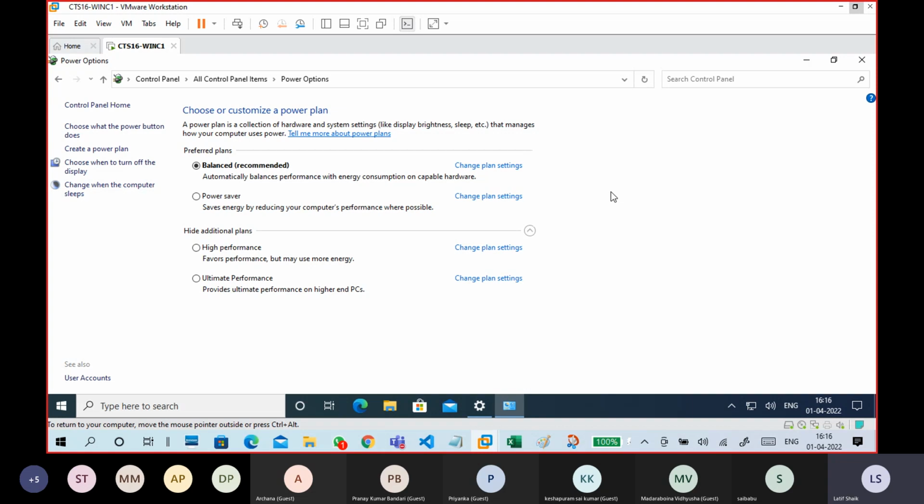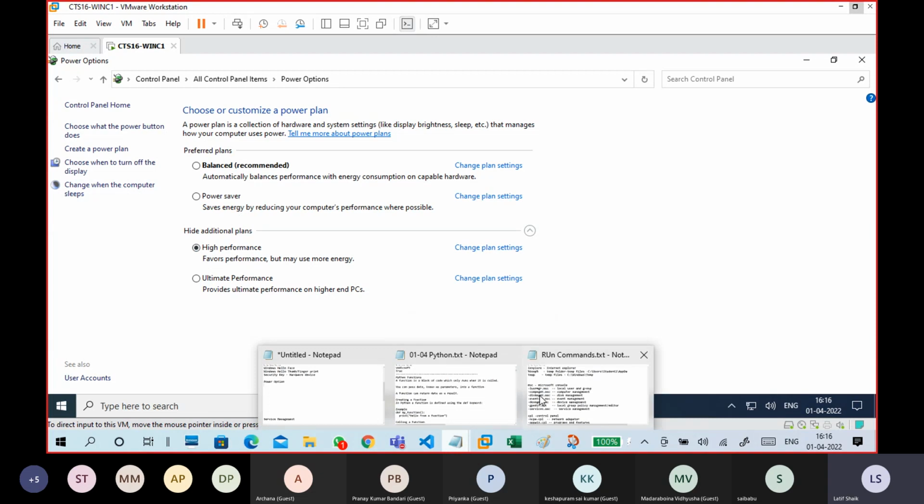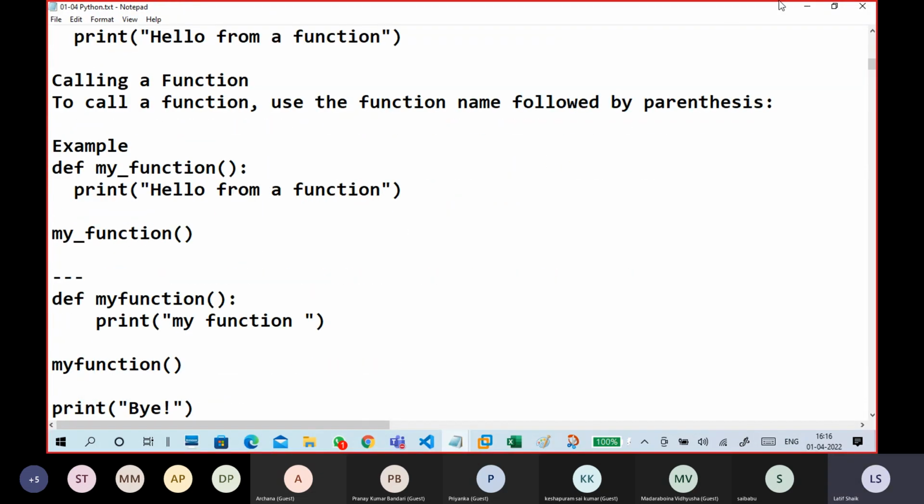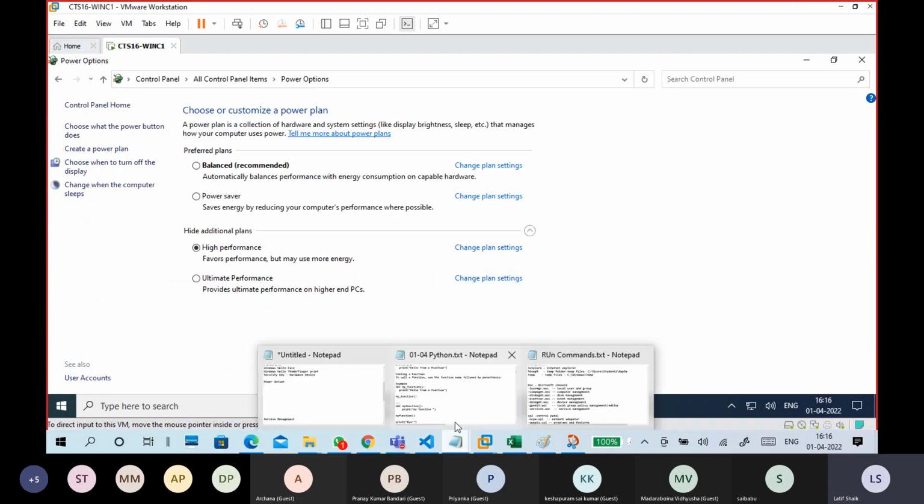Okay. If you are roaming around, candidate, means you work sometimes, you don't sometimes, sometimes power is there, sometimes power is not there. In that condition, you can go for balanced mode also. So these are the major power options. Here I'm changing to high performance. I don't want to put my virtual machine into sleep mode, so I change it to high performance mode.